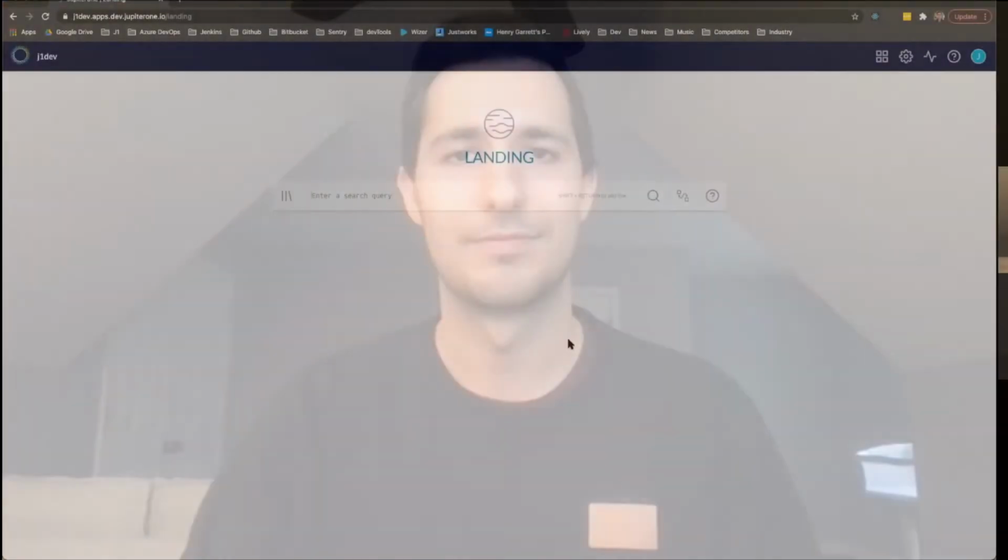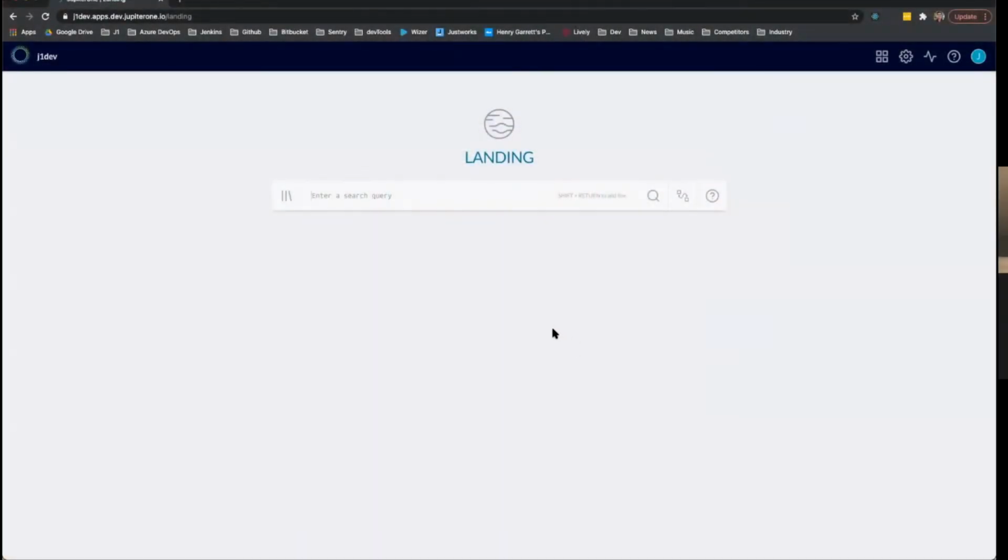My name is Henry Garrett, and I built the J1QL Visual Query Builder to help you understand our query language and use a no-code solution to write your own J1QL queries. So the first step to using this J1QL Visual Query Builder is finding the icon in your landing app for